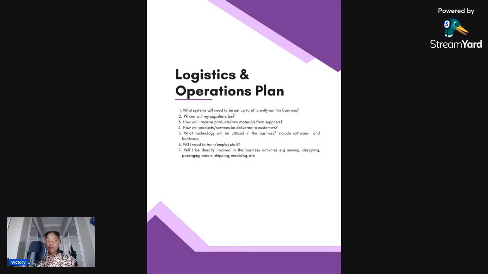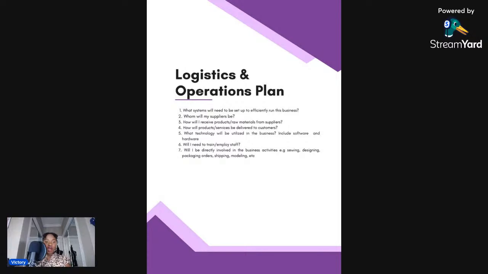And the next question we need to think about is, for logistics and operations, how will I train or employ staff, right? We need to start thinking about when we get people to help us out with the business, because we can't do everything. This is something that we also need to take note of, is that we can't do everything. We always need help. So we want to think about when we will need to employ people, how we will employ people, what kind of person would we want to employ, and what's the plan with employing people, and also not just employing them but training them and retaining them.